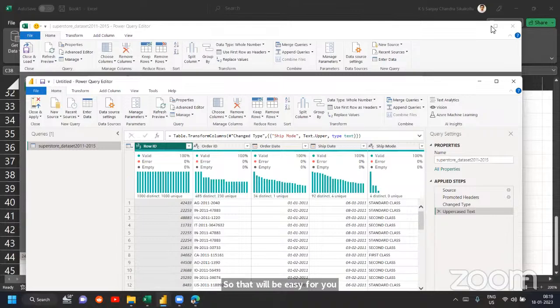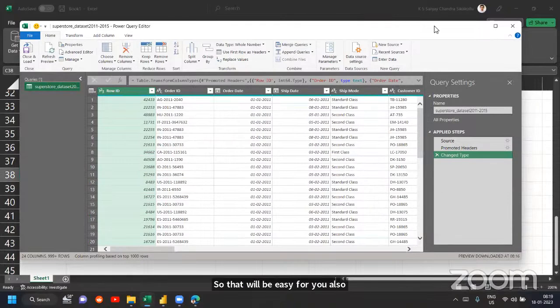So if you learn Power Query, it's like a 2-in-1 advantage. You can implement it on Excel. You can also implement it on Power BI. And the other advantage is the same Power Query, you will also find it in Power Platform, Dataverse, Azure, and a lot of other platforms, where you will get exactly an interface like this. So this is not just limited to Excel or Power BI.